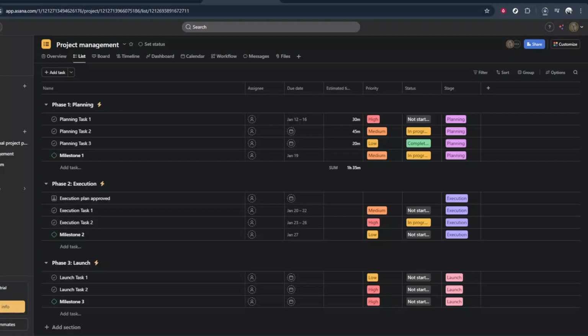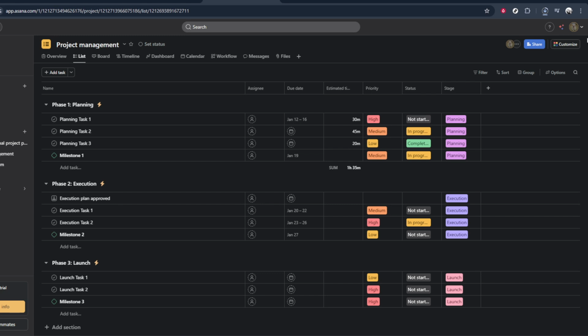In today's video, I'm going to teach you how to connect Microsoft Teams to Asana. Connecting these two tools is a great way to keep your conversations and your tasks in sync, so you're not jumping back and forth or losing track of action items. I'll walk you through the process step by step, right from inside Asana, and you can follow along on your